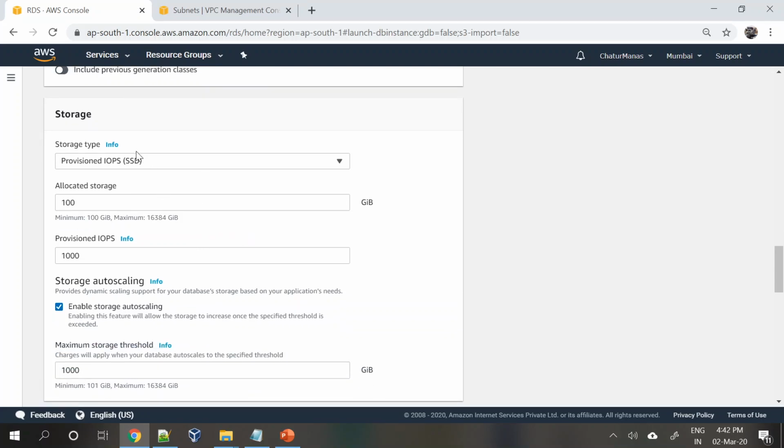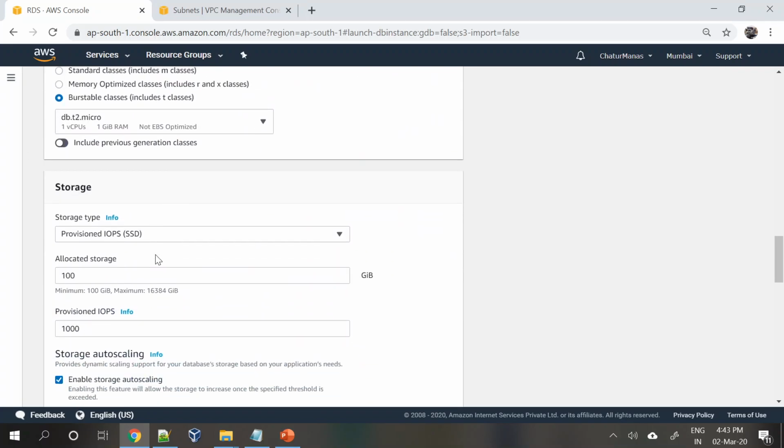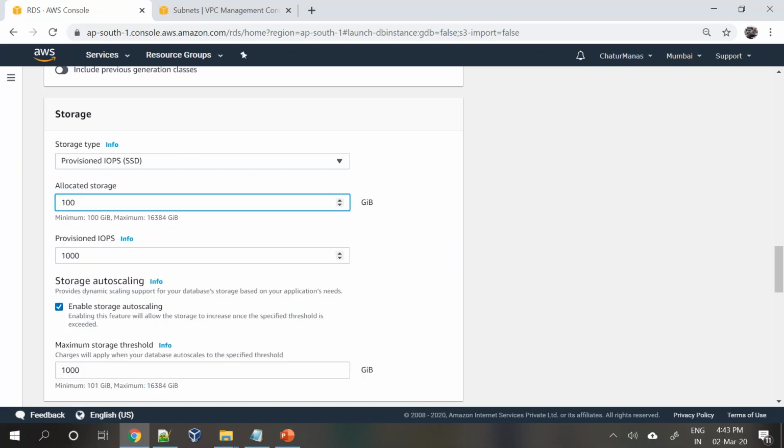And then it asks for a storage as well. And again, the assumption is that especially when you are using a database server, its hard disk has to be of high capacity, and that's why we use provisioned IOPS. Okay, the SSD disk which has more IOPS. That's what by default it chooses. Again, this setting is chosen provisioned IOPS because we have chosen production. If it was a free tier, then it would have chosen general purpose, which is part of the free tier. Okay, so the provisioned IOPS will help you to define how many IOPS you require on that particular EBS